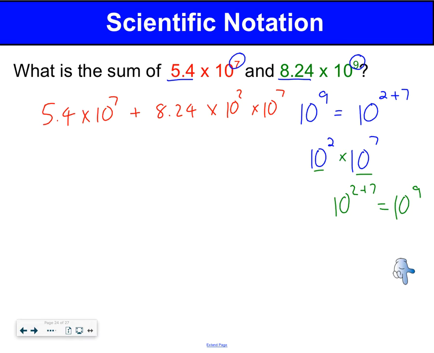Well, we all know that 10 to the 2nd is 100. So if I do 8.24 times 100, it would be like moving my decimal point twice. So I can now rewrite this as 5.4 times 10 to the 7th plus 824 times 10 to the 7th. Now that my exponents are the same, 7 and 7, I simply add the numbers out front. So I have 5.4 plus